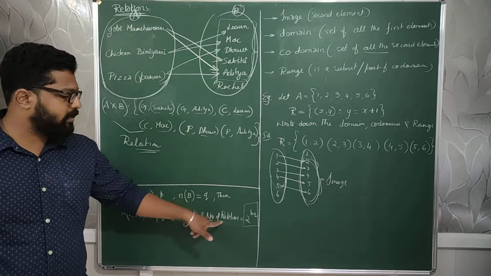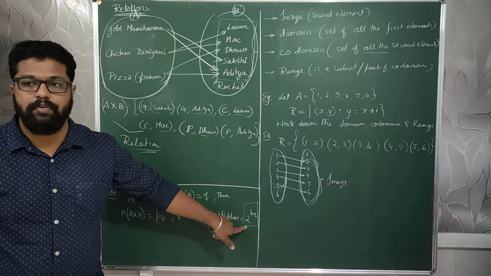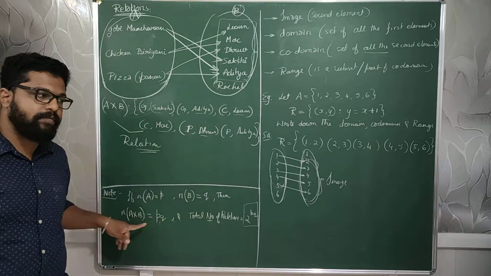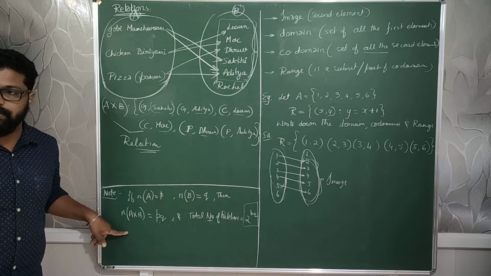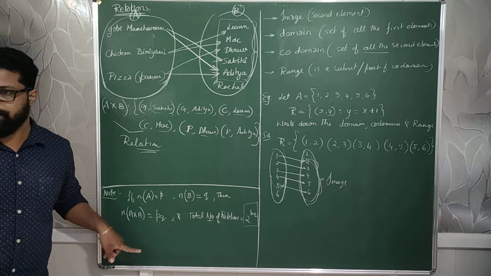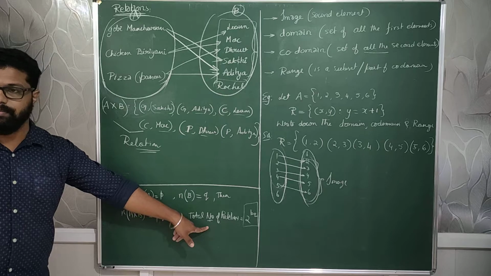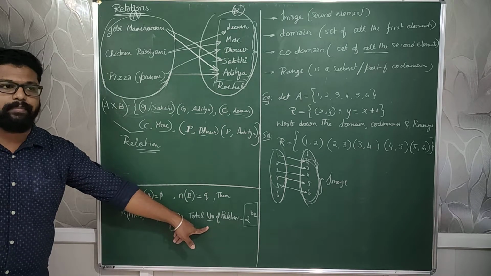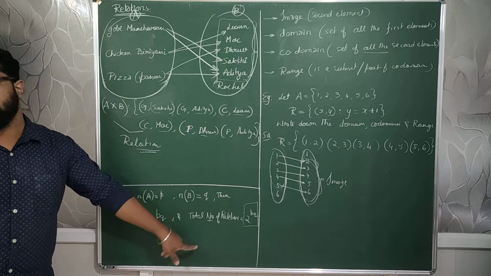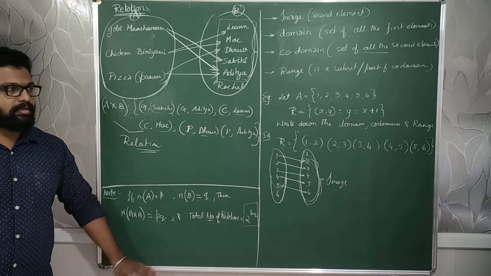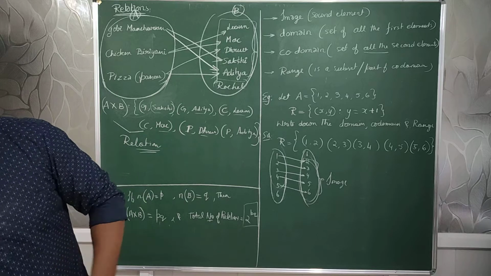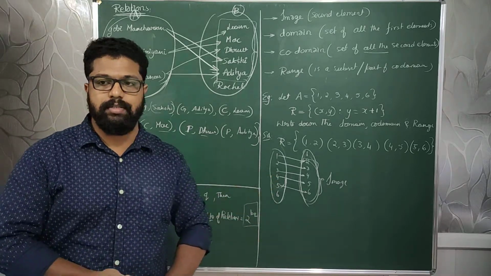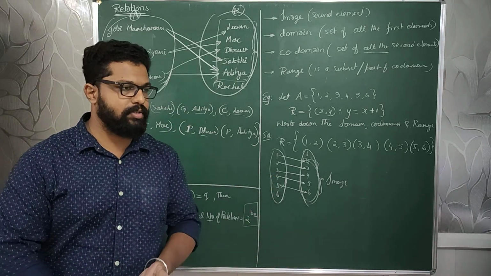So the total number of relations formed will be nothing but the number of subsets of the Cartesian product. Clear? That is the sentence which will help you remember. The total number of relations formed out of a Cartesian product is the total number of subsets present in that Cartesian product. Clear? This much is the detail I wanted to cover. Then you can slowly move on to the example questions of relations and functions, then move on to exercise questions. Okay.